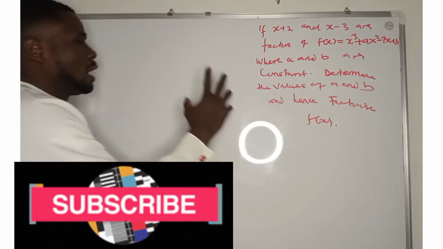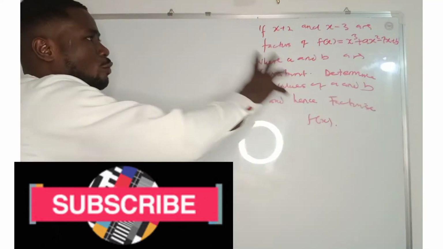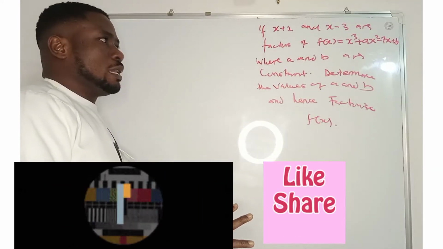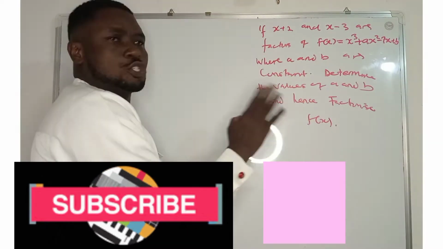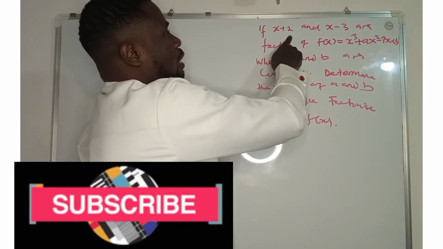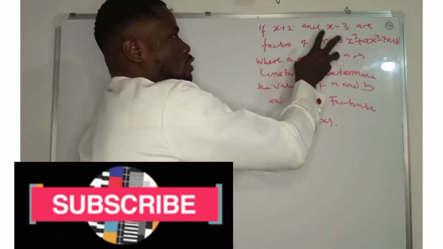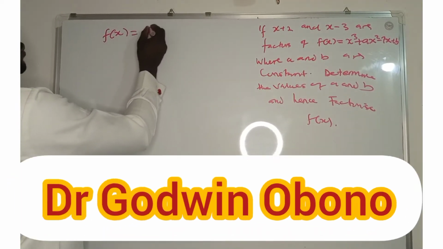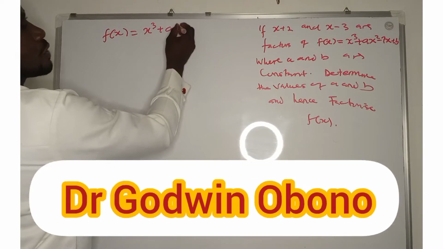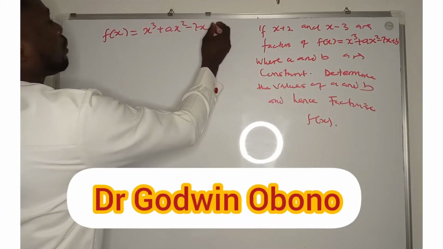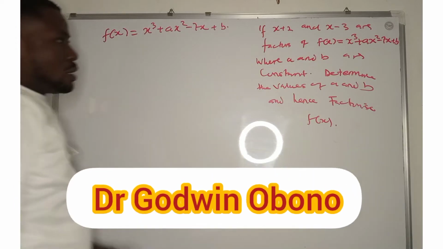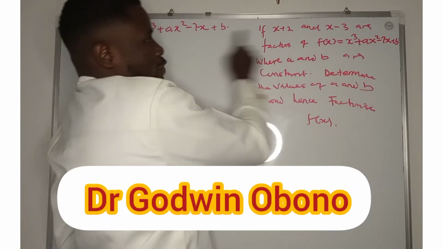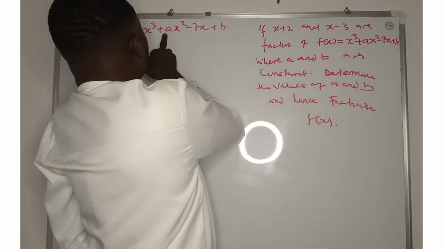I want to quickly react to the question that we have before us. This question is about factorization of polynomial. Now, the question goes this way. We were told that if x plus 2 and x minus 3 are factors of f(x), we have f(x) equal to x raised to power 3 plus ax squared minus 7x plus b. We're told that if x plus 2 and x minus 3 are factors of this expression, where a and b